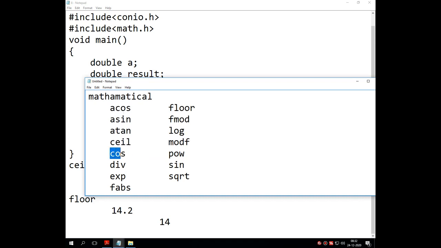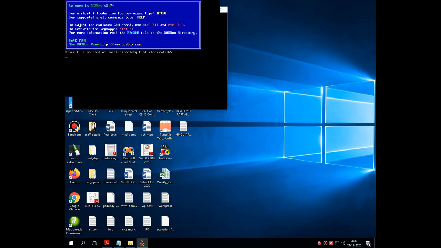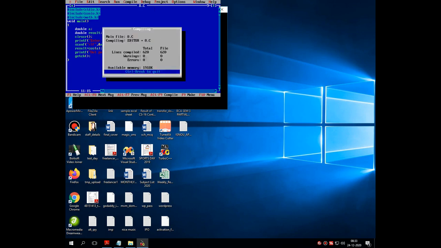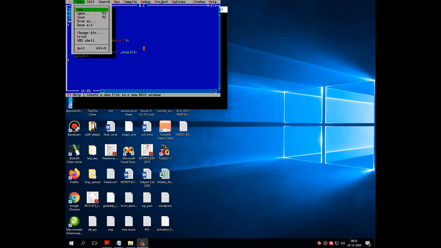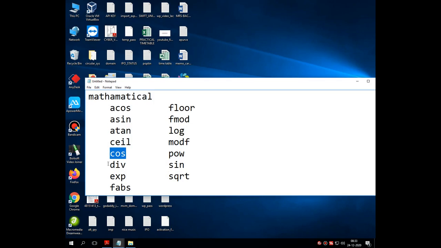Now let's go for cos. Simply in this code, we need to change the function from floor to cos. Let's save and execute the program. Let me input some value. It returns the cosine value of the given inputted value, that is 0.18. These are the trigonometrical values execution, so we need to check according to that in the table.